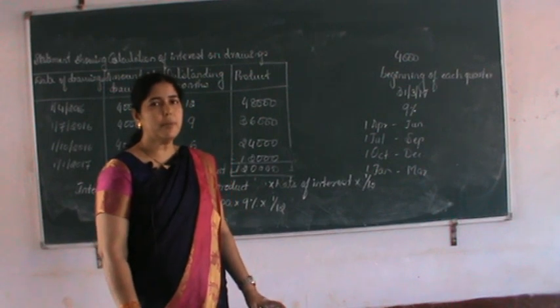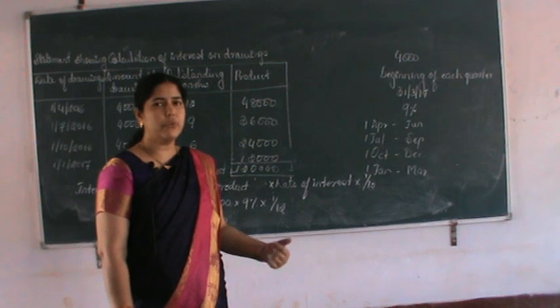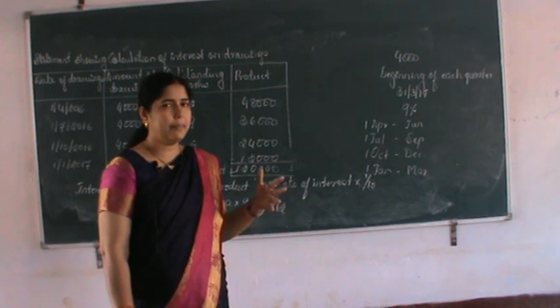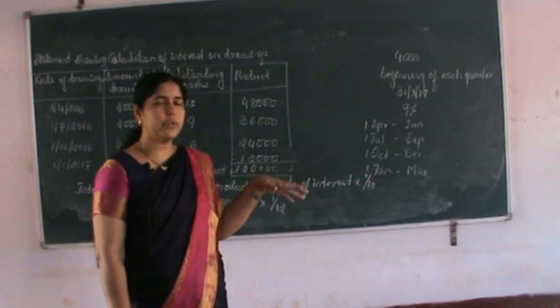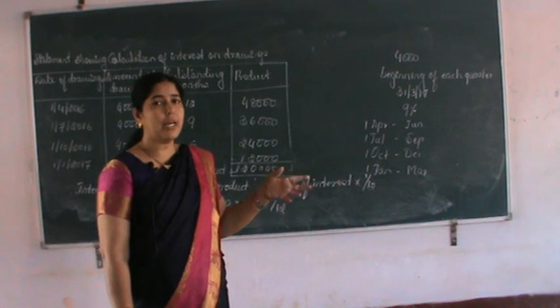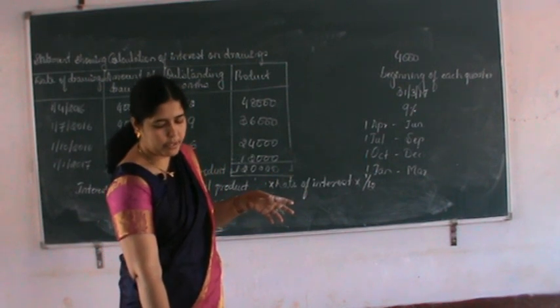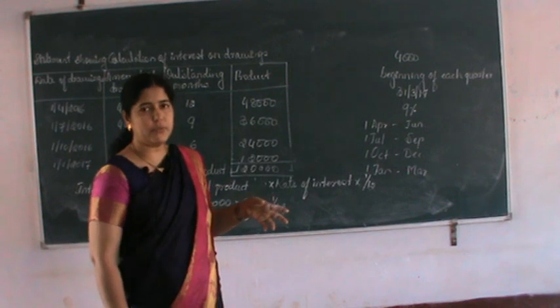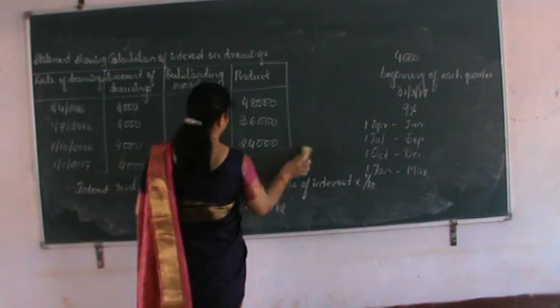Okay. So remember to count the outstanding periods carefully, because if you make a mistake while counting the outstanding periods, the entire calculation may go wrong. So in that case you may lose 6 marks. So it is very important, you may get the question for 6 marks. Let us see the next aspect in this topic.